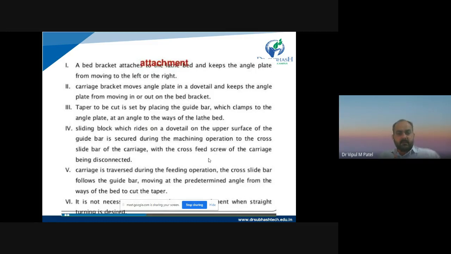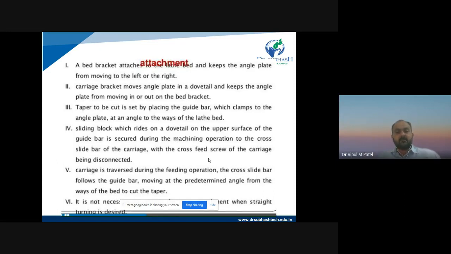So the taper to be cut is set by placing the guide bar, which clamps to the angle plate, at an angle to the base of the lathe bed. Then a sliding block, which rides the dovetail on the upper surface of the guide bar, is secured during the machining operation to the cross slide bar of the carriage, with the cross feed screw of the carriage disconnected. When the carriage is traversed during the feeding operation, the cross slide bar follows the guide bar